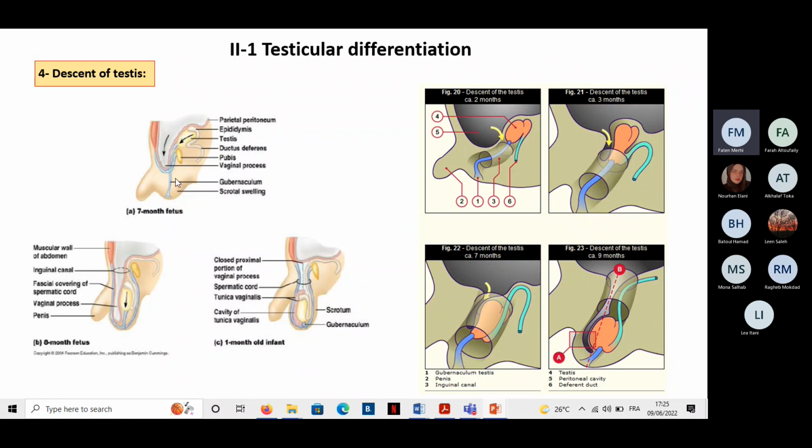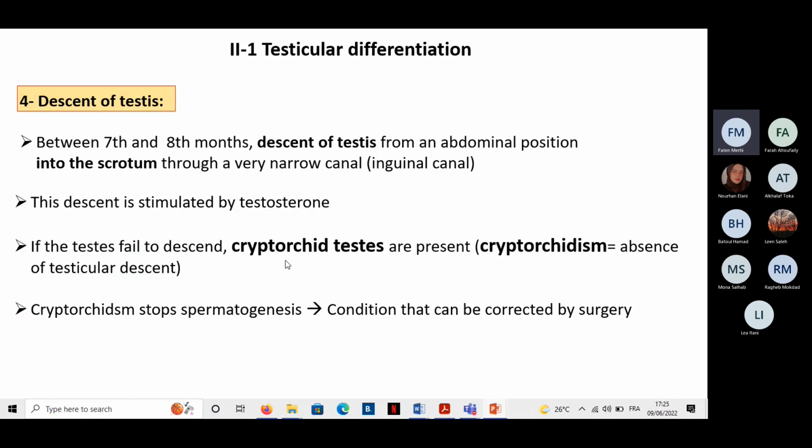However, if males are born without the descent of testis, this situation can be corrected by surgery. However, if it is not corrected, and the testis remain in the abdominal cavity, this will lead to sterility in the males. Now, if the testes fail to descend, when they don't descend, this condition is called